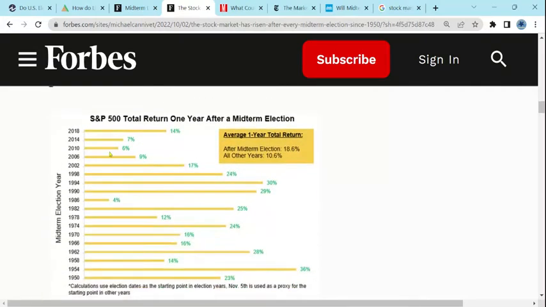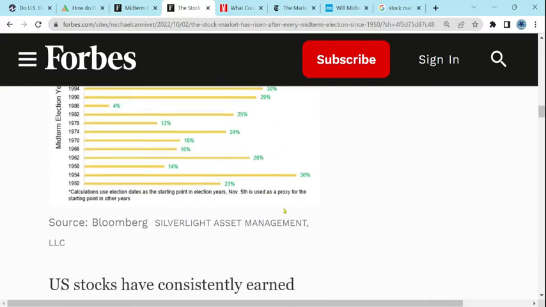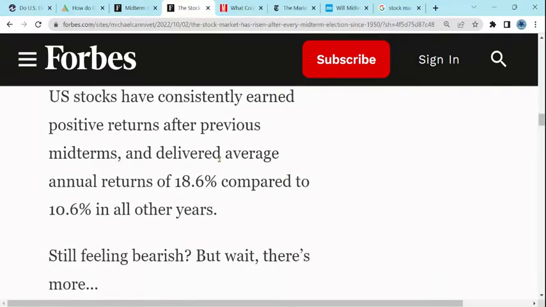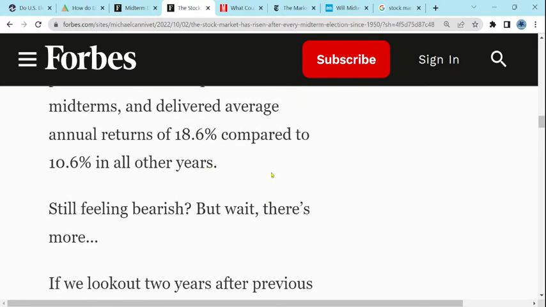So they show a nice graphic of the percentage of the returns after every midterm election, and the average 1-year total return after midterm elections is 18.6%. After all other years it is only 10.6%. So again, the average total returns in the year after midterm elections outperform the average for all other years. So U.S. stocks consistently earn positive returns after previous midterms with an average return of 18.6% compared to 10.6% in